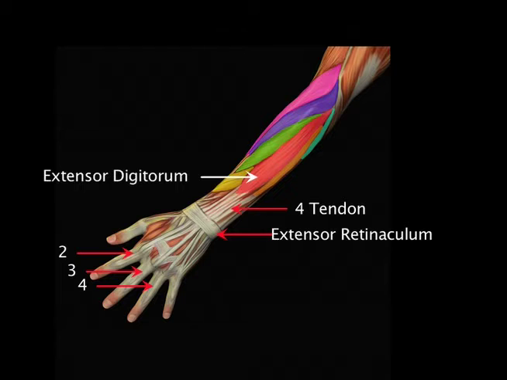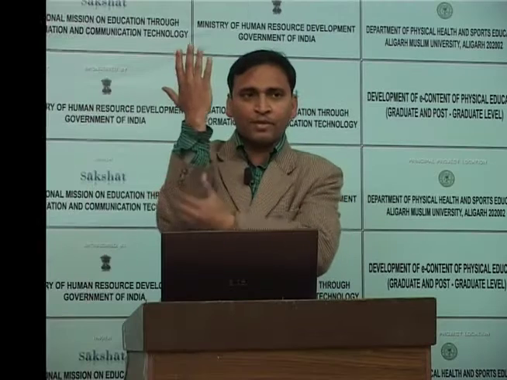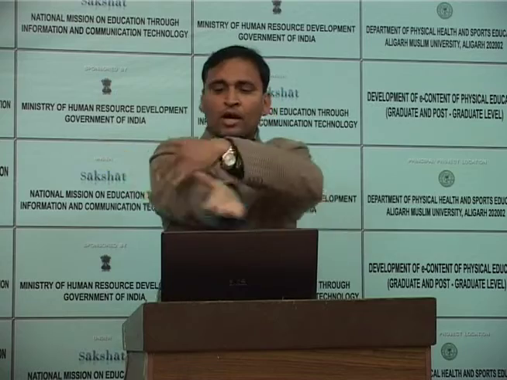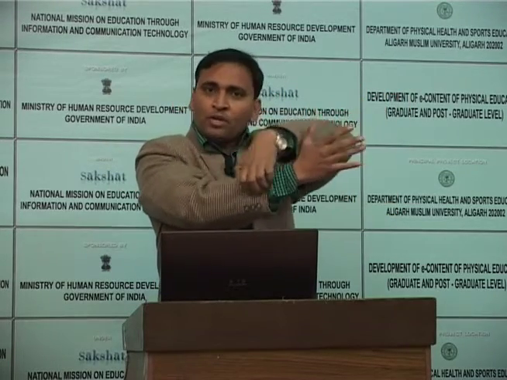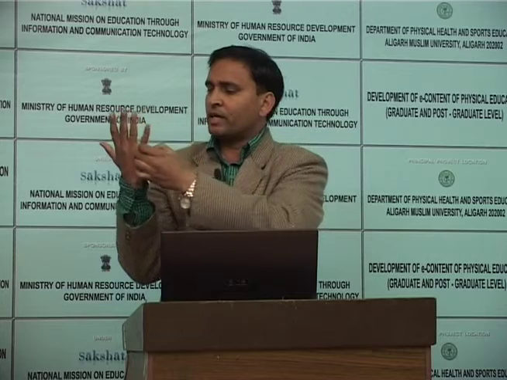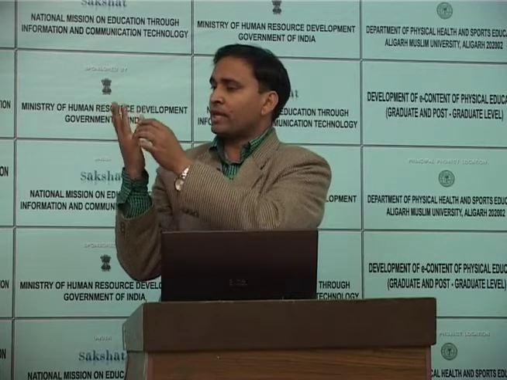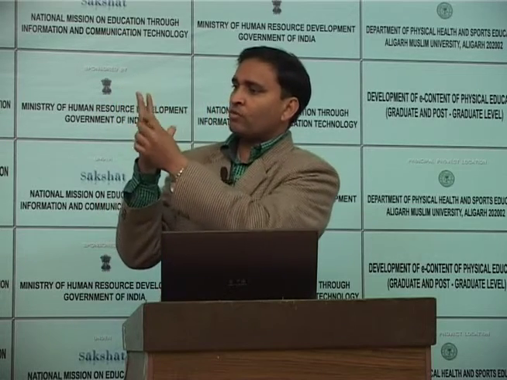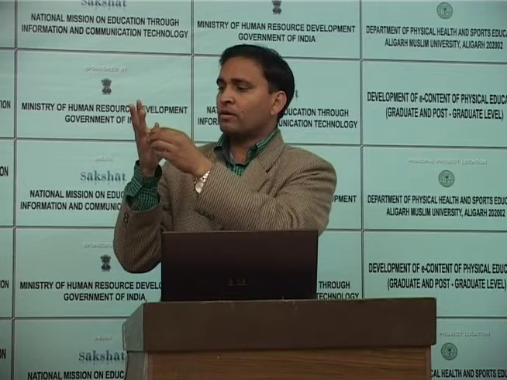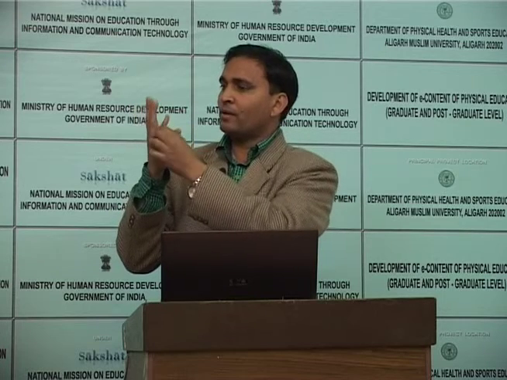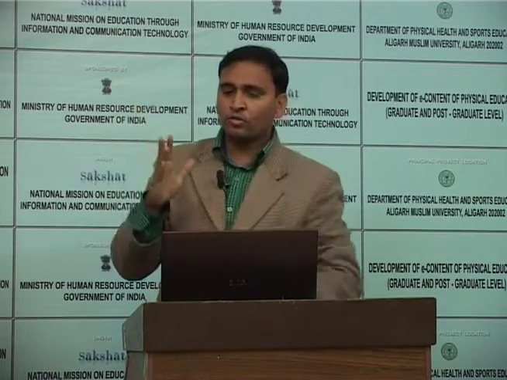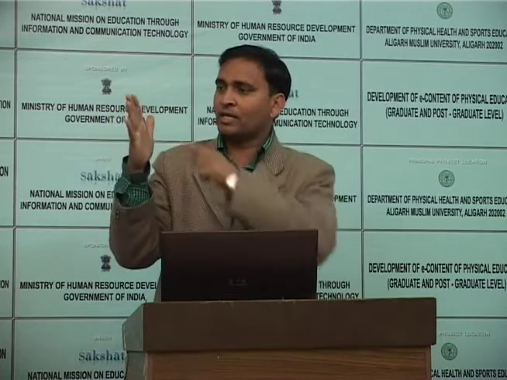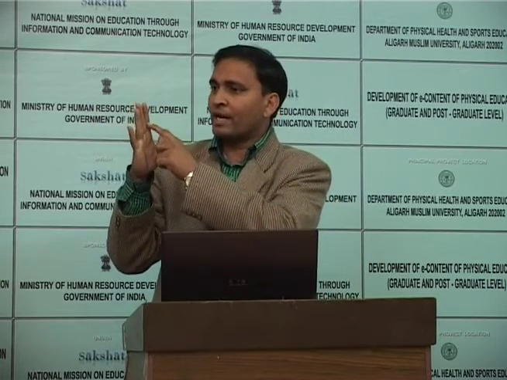First, second, third, fourth, fifth. So all the tendons are coming from the lateral epicondyle. This is our lateral epicondyle. They are coming from here, coming down in 4 different tendons and inserting over the base of the second phalanx. You can see you have 3 phalanges: distal, middle and proximal. So if you divide first, second and third, all 4 tendons are inserting over the base of the second phalanges.